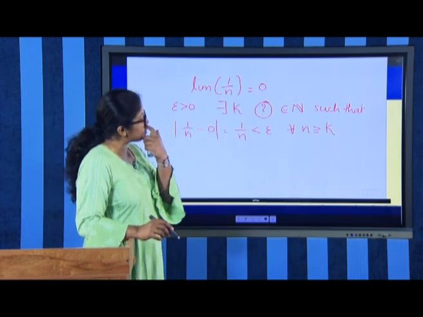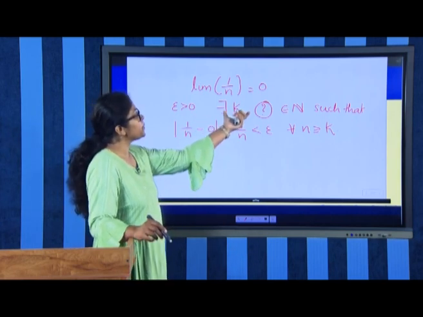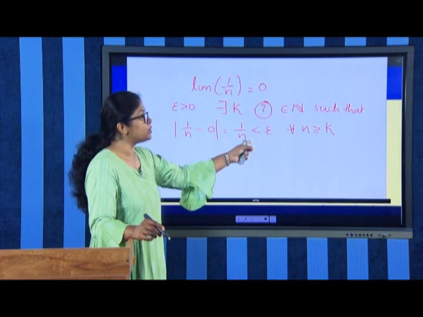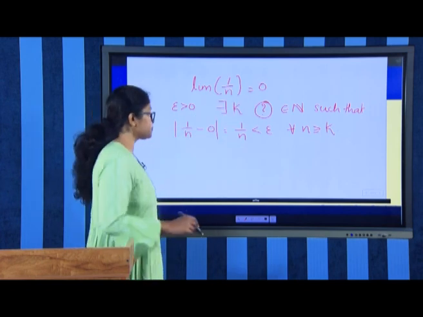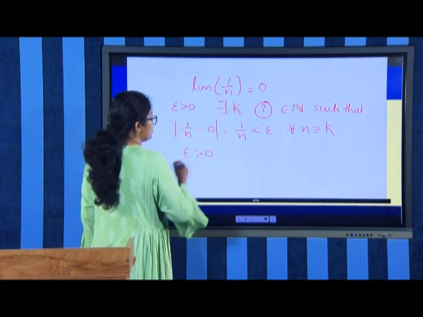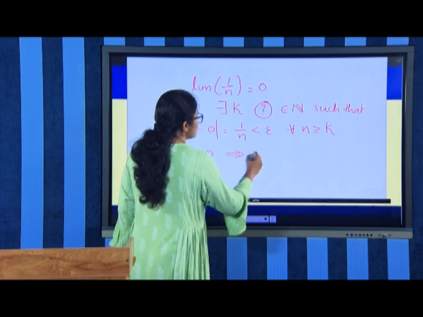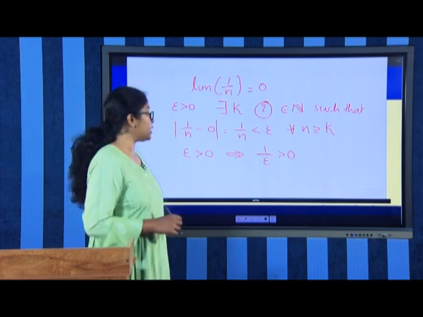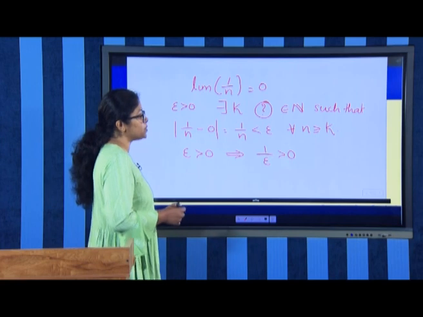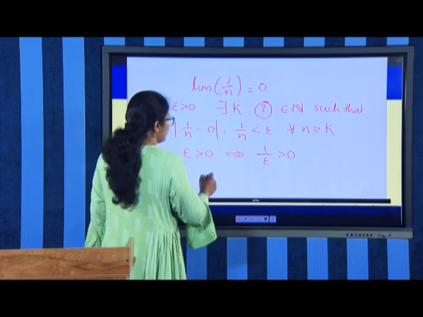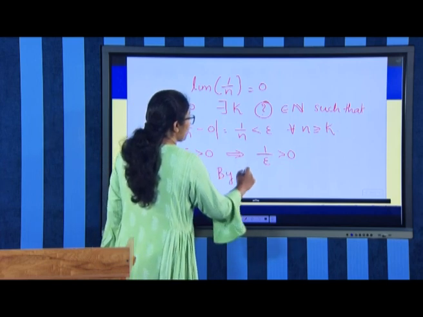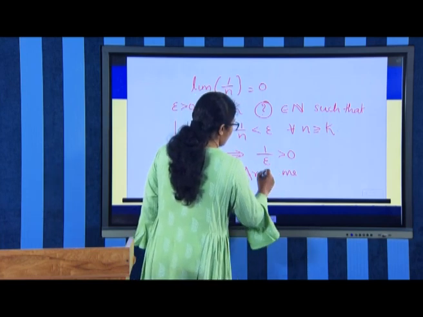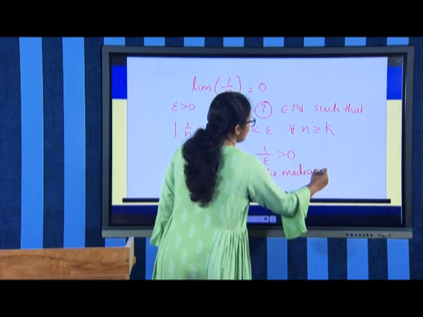So, if we could successfully find a natural number k corresponding to this epsilon such that this condition holds, definitely the limit equal to 0 is proved. So, let us begin with epsilon greater than 0. Then this implies 1 by epsilon is greater than 0, because we have seen already in the definition of positive real numbers, if epsilon is positive, 1 by epsilon is always positive. Therefore, by the Archimedean property that we have studied,